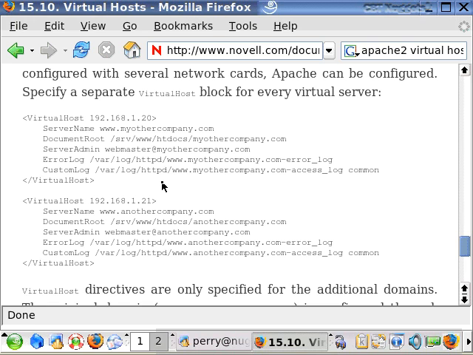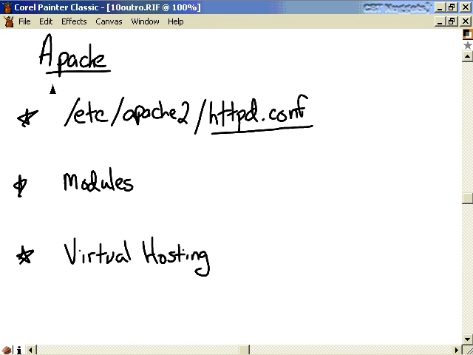All right, well, it's time to wrap up our nugget on the Apache web server. We started by looking at the various config files for Apache. The main config file is in the etc apache2 directory, and it's called httpd.conf. Now in SUSE Linux, that config file has include this, include that, include the other thing. And remember, all of those includes are including other conf files in the Apache2 directory to be added to httpd.conf